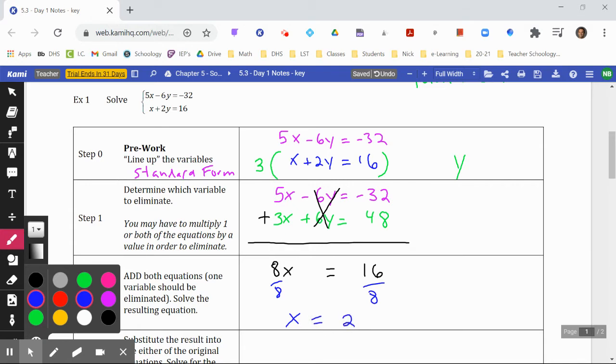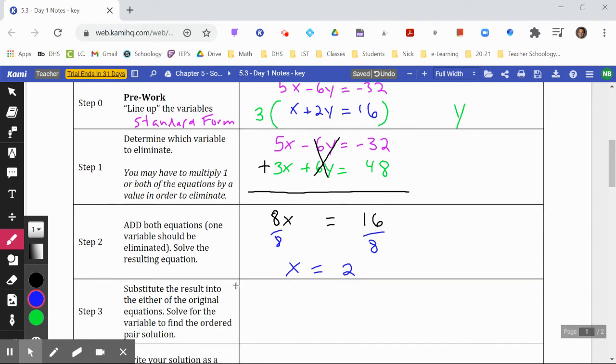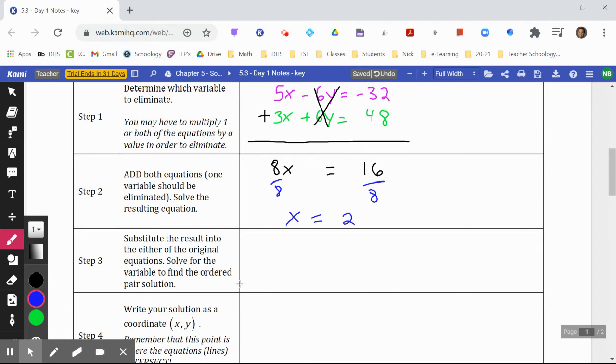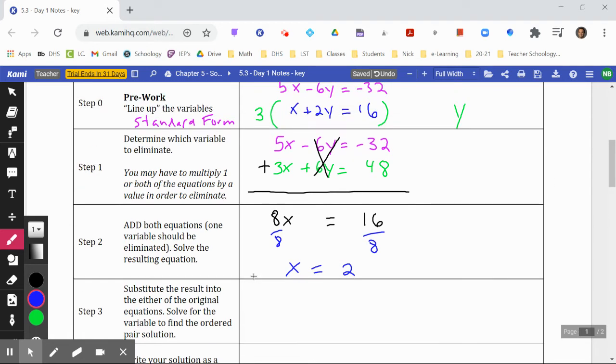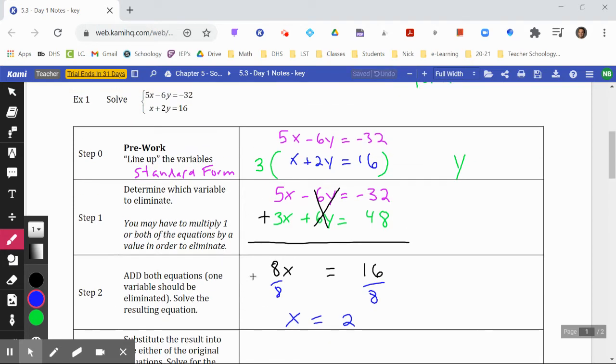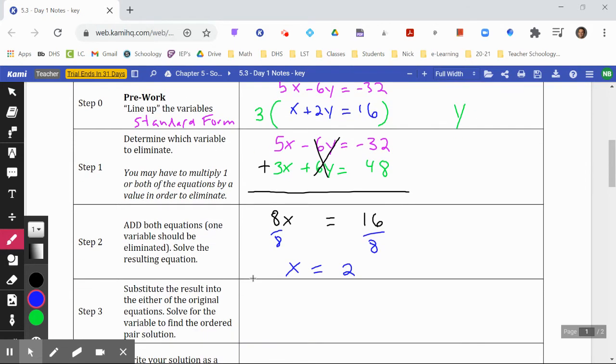So I just solved for my first variable. And now I got to get that other variable, because remember, the solution to a system of equations is going to be an x-y coordinate pair. Just like in the previous method with substitution, I'm going to have to substitute this value into one of the original equations and then solve for the other variable. So again, I'm going to look back up and decide which equation I'm going to use. I'm definitely going to use that first equation,